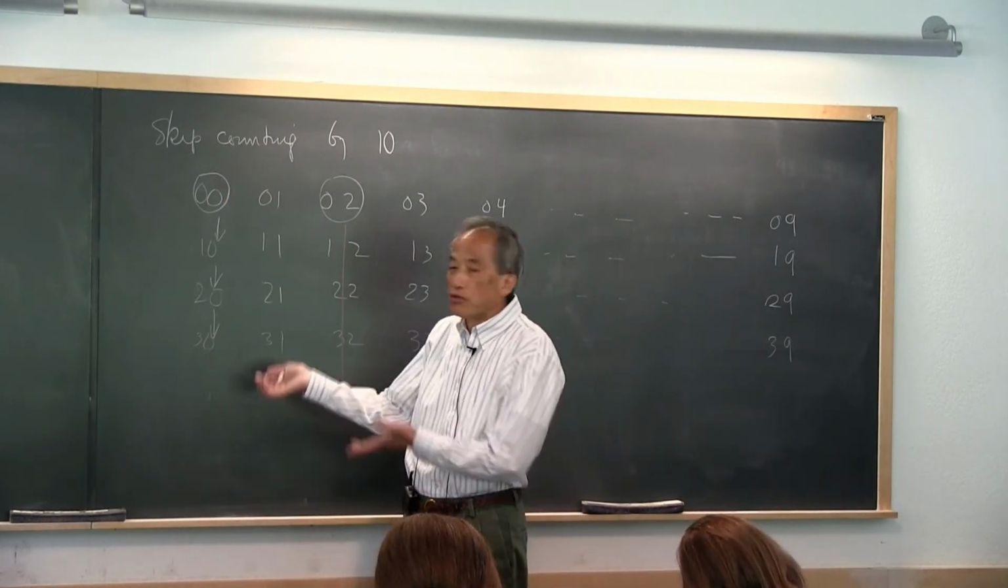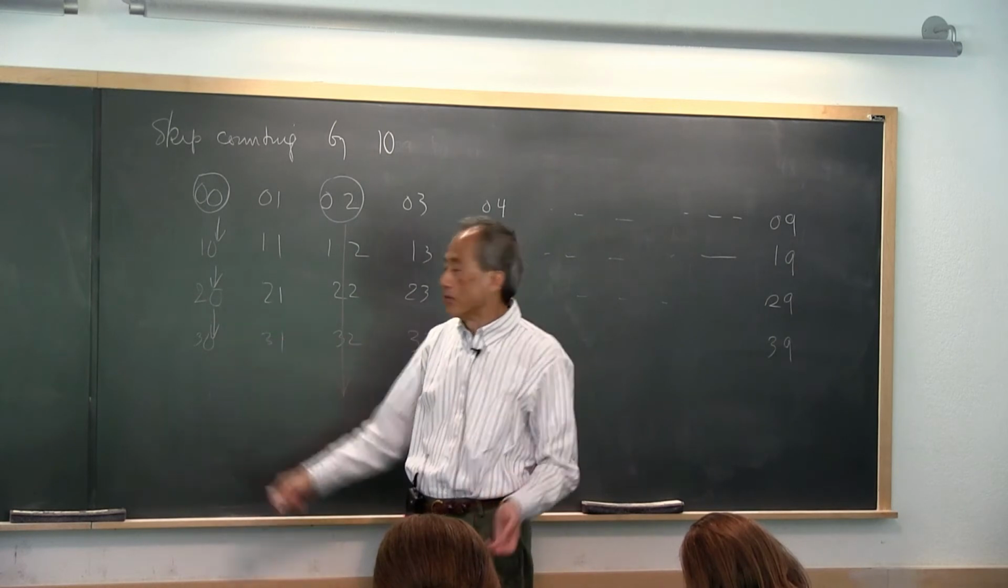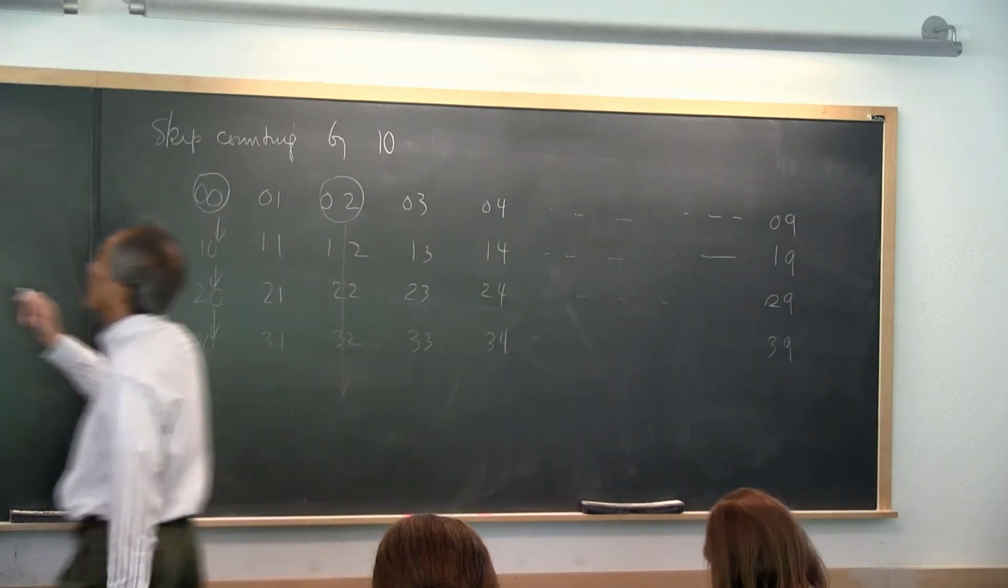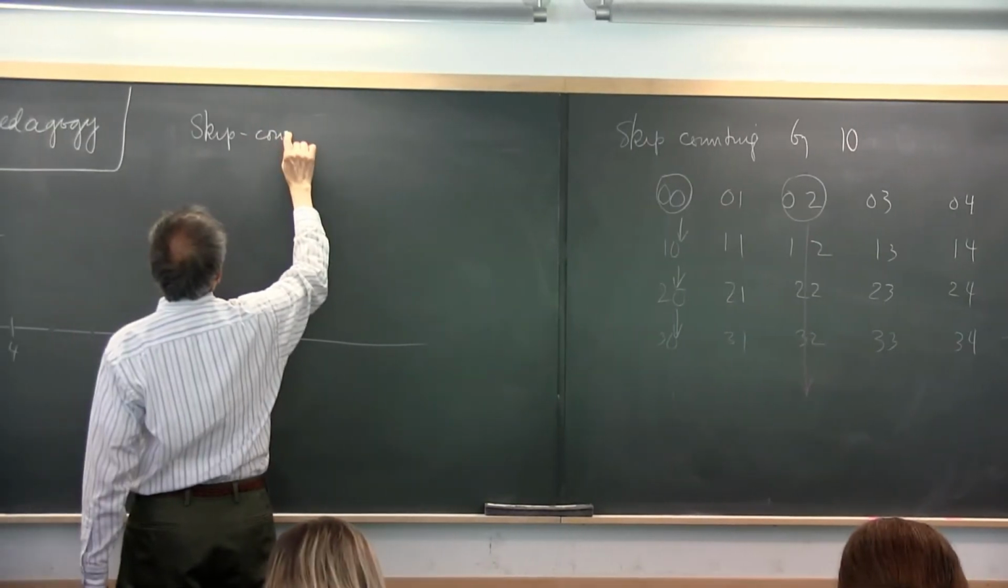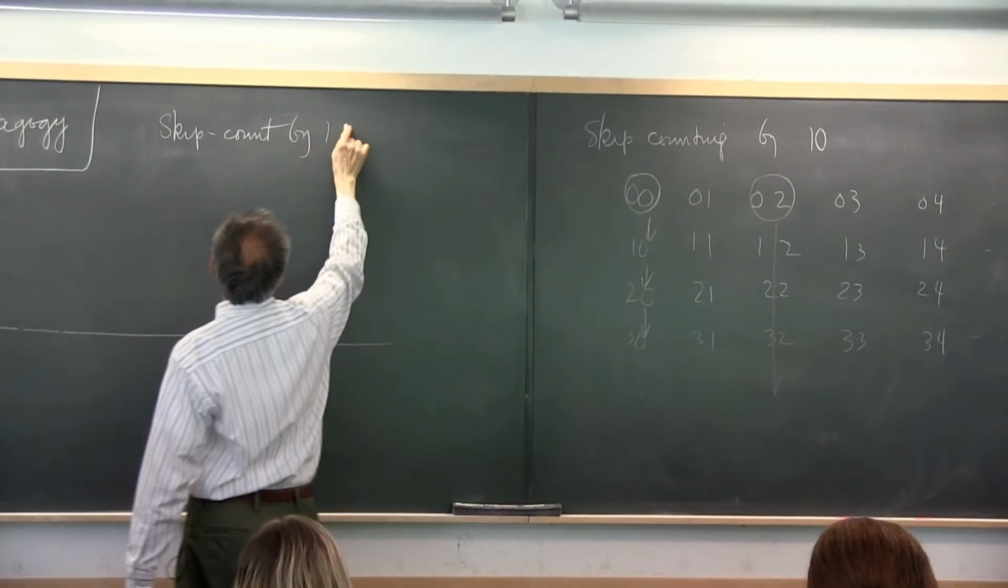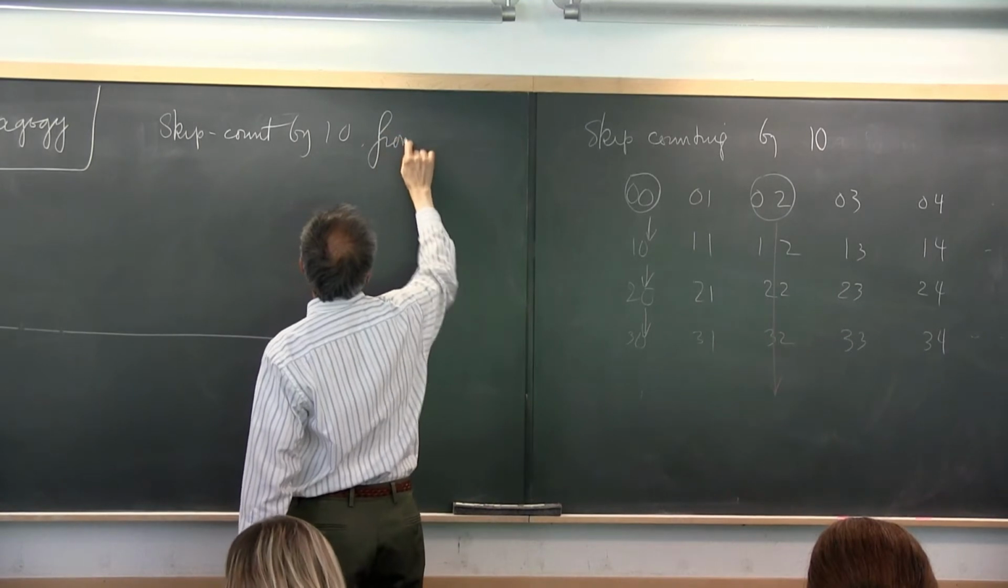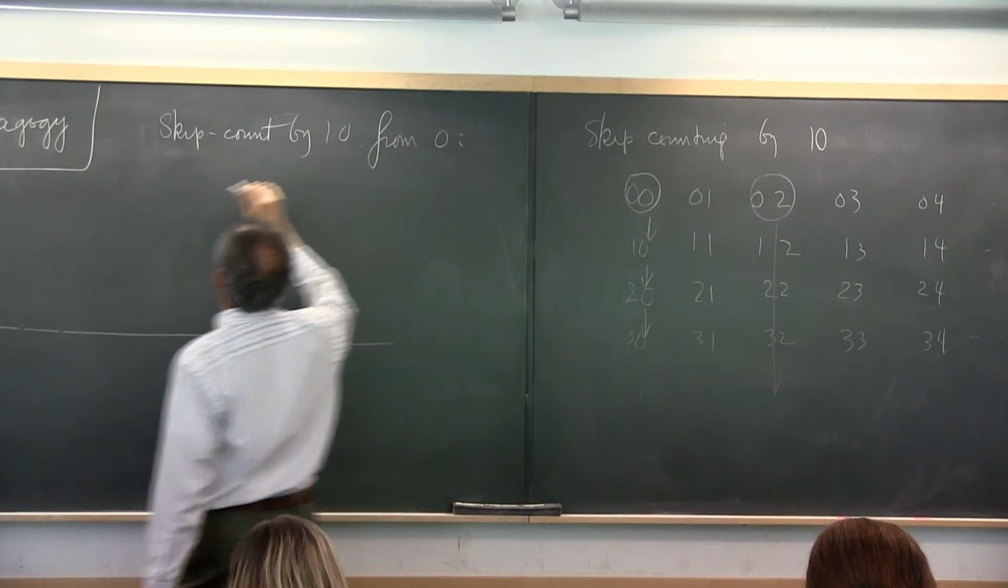So, now, once you are pointing this out, then you can know exactly. So let me write this first, right? So, skip count 10 from 0. Then what you have is